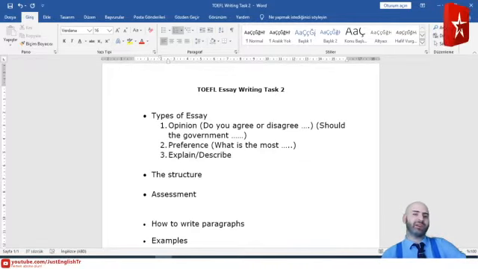You need to describe what can be the effects of it, or the same question can be, children are addicted to the internet. What are the reasons for this? So you need to explain and describe either reasons or results or effects of something. Let me write an example question for you. Children are addicted to the internet.